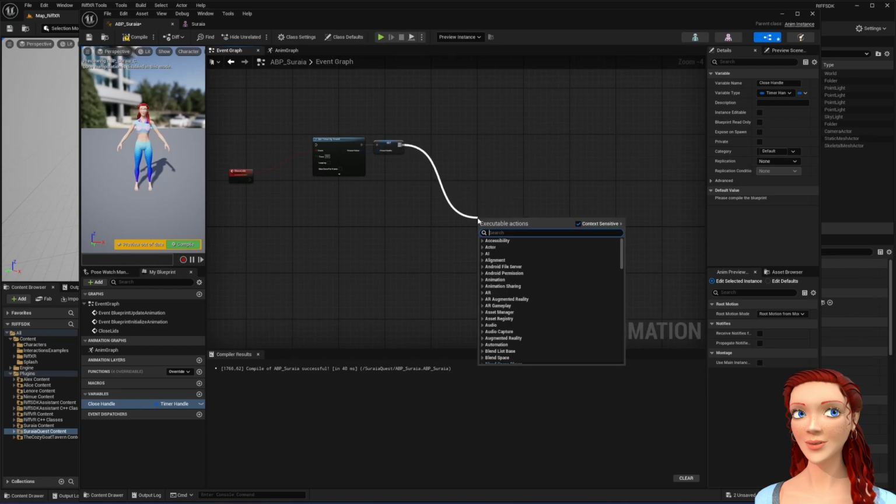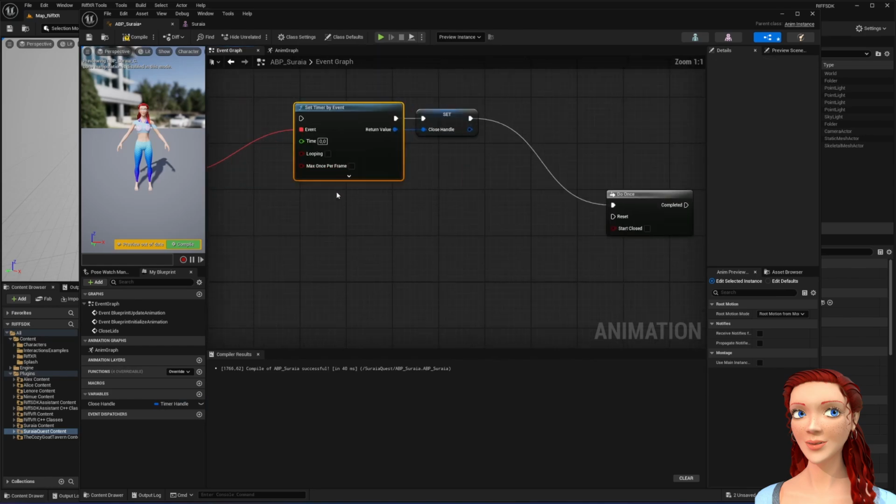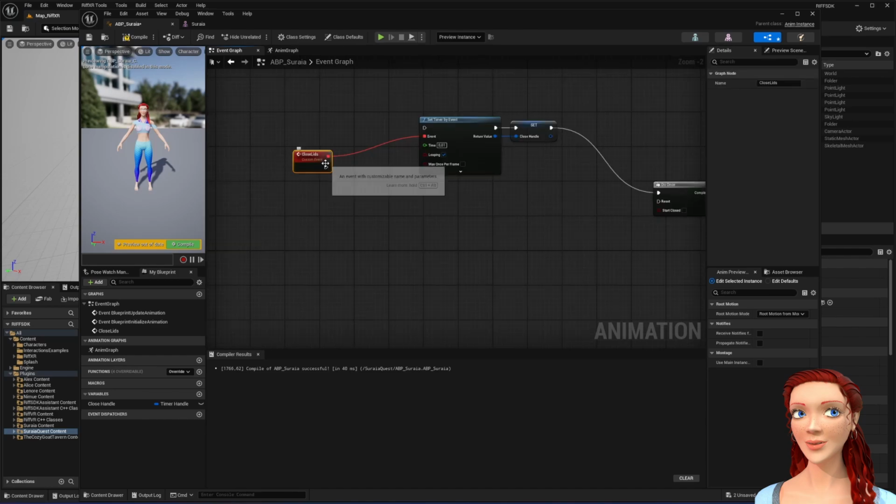So drag out the arrow and say do once. All right. So here we will put the timer at 0.01. We want it to be looping. All right. So when this event is called,